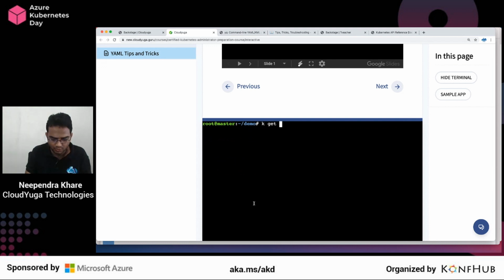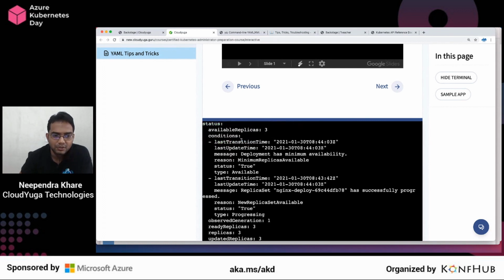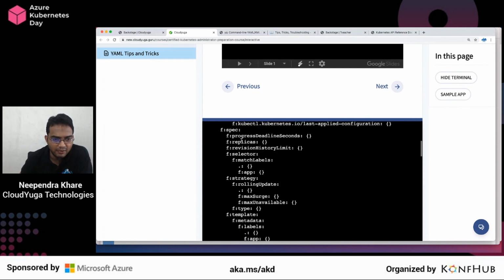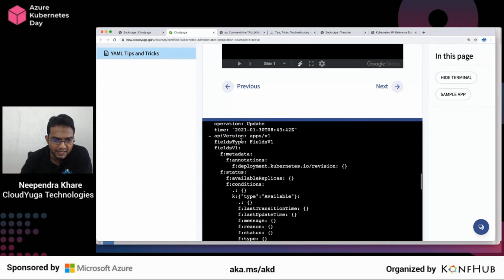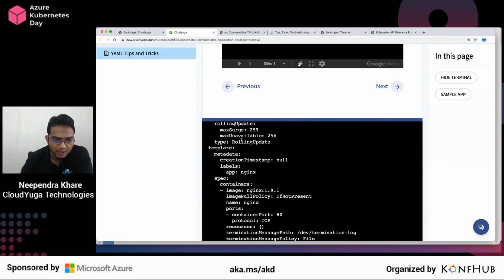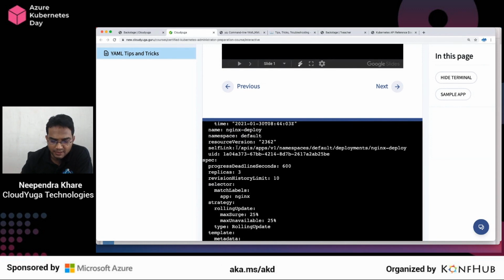So if I do a get deployment, with k for kubectl, just to give a short form, and if I say -o yaml, what you see is, once I have applied this particular pod or deployment object and look at its output in YAML format, there are two sections we can see in the output.